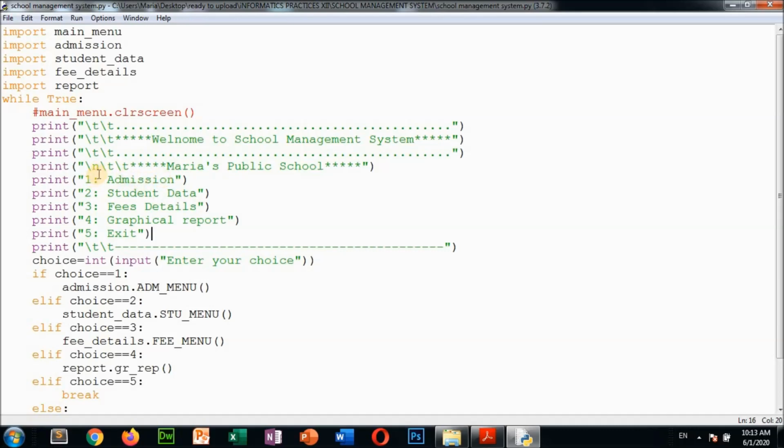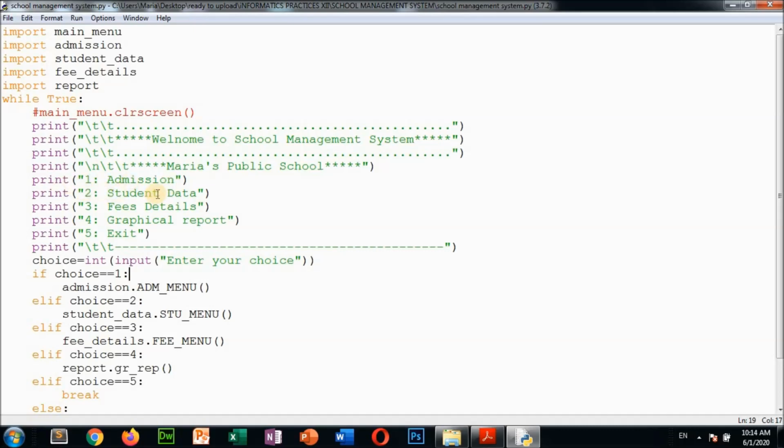After finishing that admission task, suppose you want to see student data, then you select option 2. The same thing will repeat again and again until you press 5. If you press 5, then you exit from the program. Clear? Okay, now in the first option, what I have given till now, I think you have understood. If you have not understood, you can ask me on WhatsApp or call me. Okay, now see here,